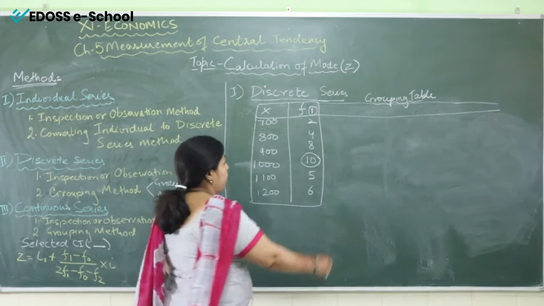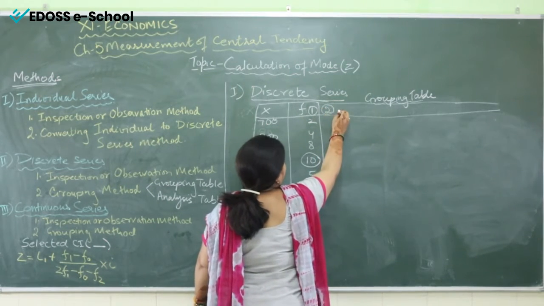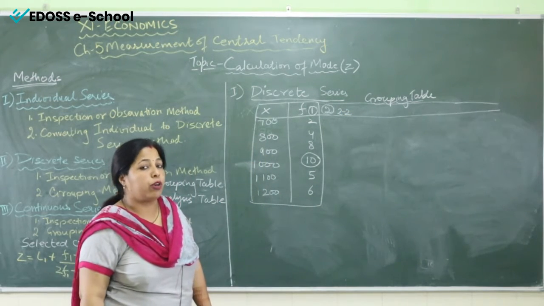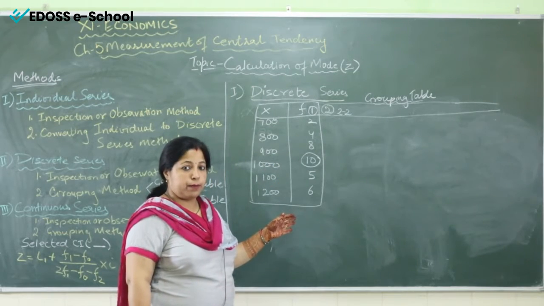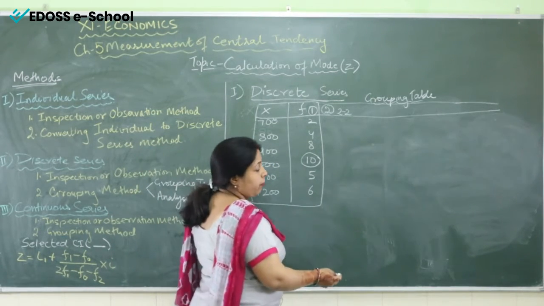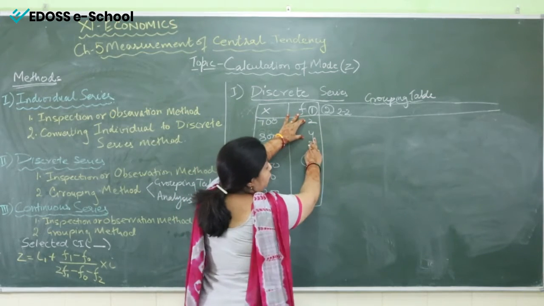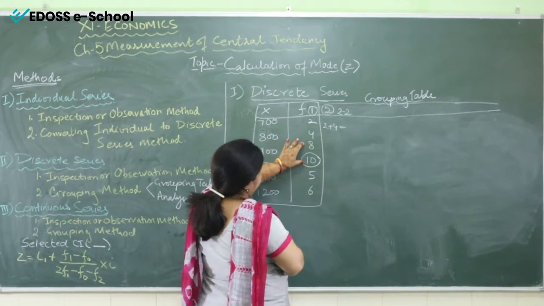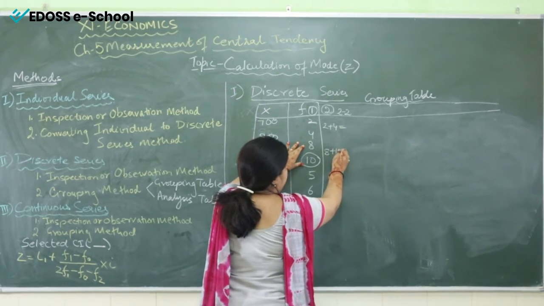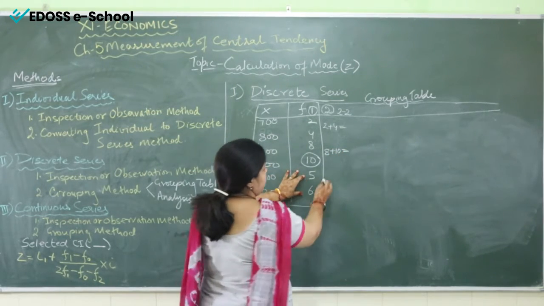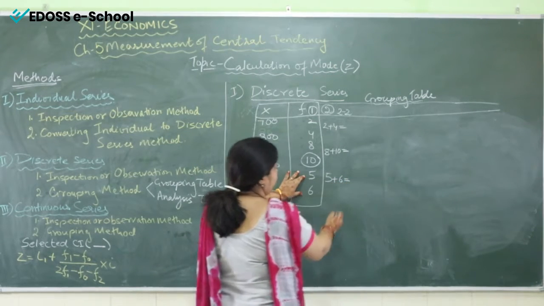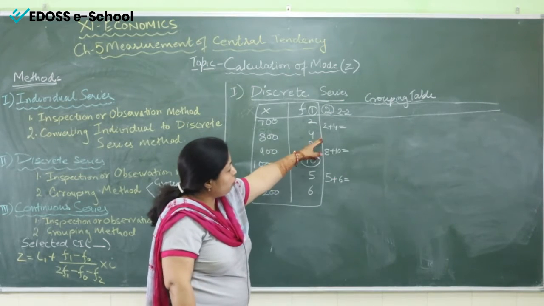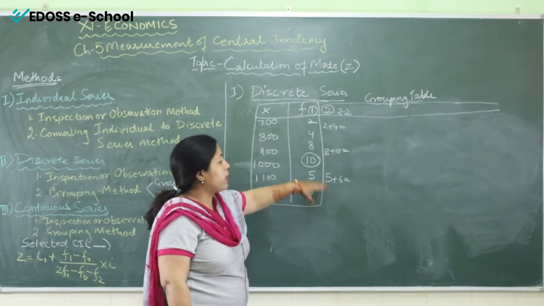Coming on to the second column. In the second column, what we have to do is, we have to make the group of 2 numbers. 2 numbers of what? 2 numbers of these frequencies. Fine. So how are we going to frame the group? We are going to do it like this. Here are 2 numbers. So we will write 2 plus 4 is equal to, then we will take the next 2, that is 8 plus 10 is equal to, then we will take the next, that is 5 plus 6 is equal to. If any number is left below, you will leave it. The groups of 2 numbers are only going to be framed in the second column.